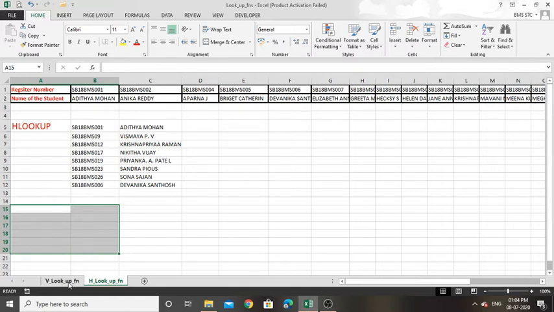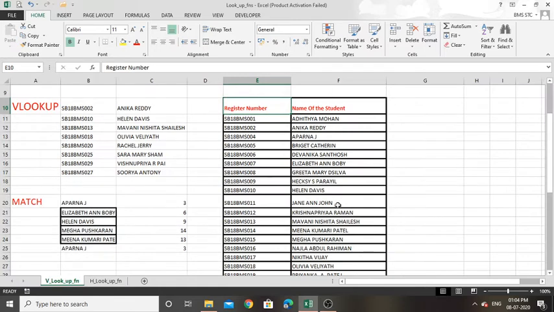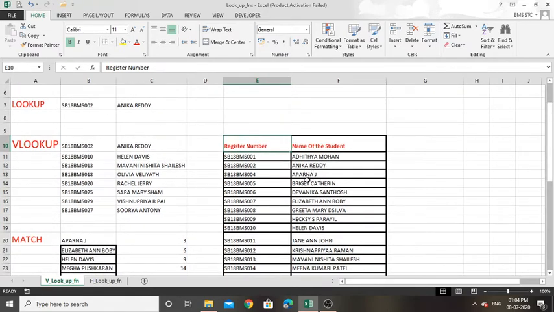Okay, so we have two kinds of table: horizontal table in row manner and vertical table in column manner. So the lookup function searches in either column manner or row manner.